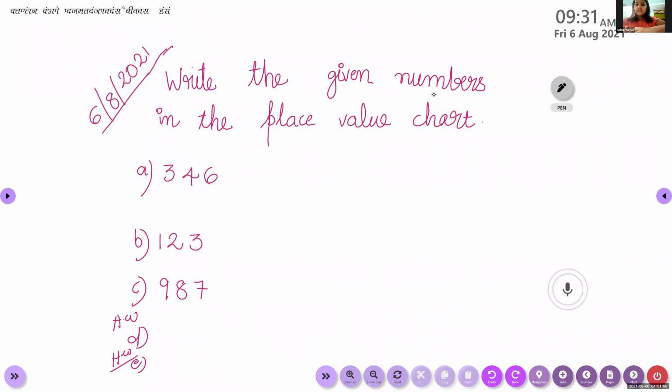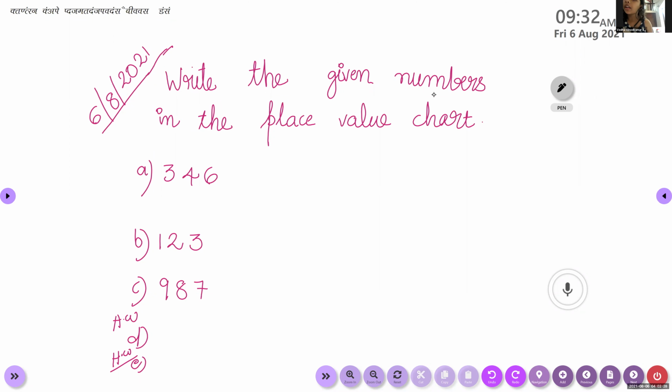Ma'am, you want to write? Yes, start writing. You have to write the answers also now. Ma'am, we want to write the questions. If you have space, you can continue over there. Those who don't have the space, please take another page and write. Yes, write the question and the answers.